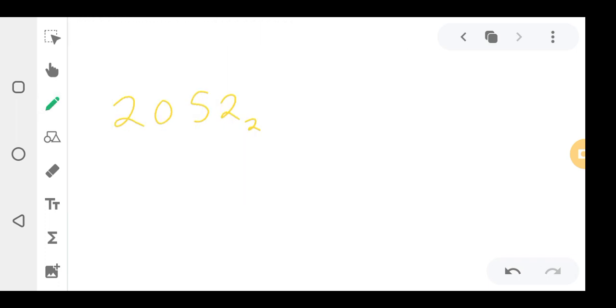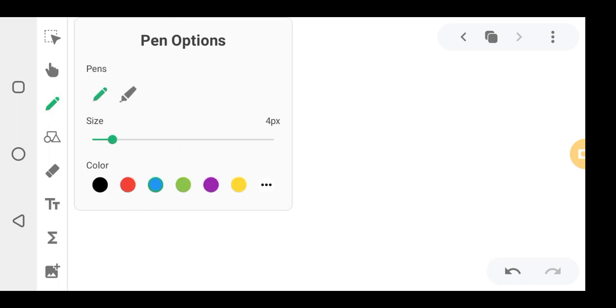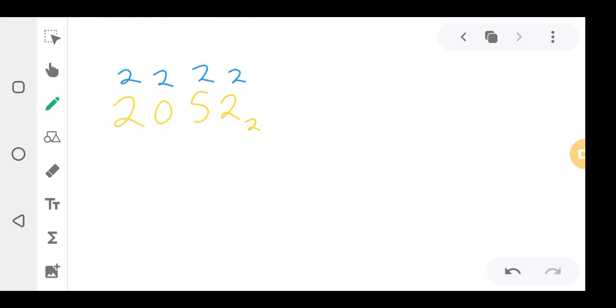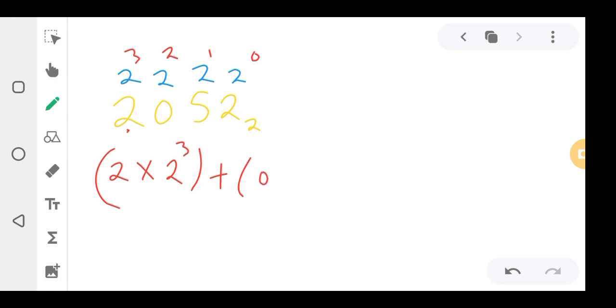So what's the first step? You put the 2 on top. You put 2 here, 2 here, 2 here, 2 here. And then you number them starting from 0. So here it will be 0, here it's 1, here it is 2, here it's 3. And then you start with 2. So 2 times 2 to the power 3, close brackets, open, 0 times 2 to the power 2, closed, plus